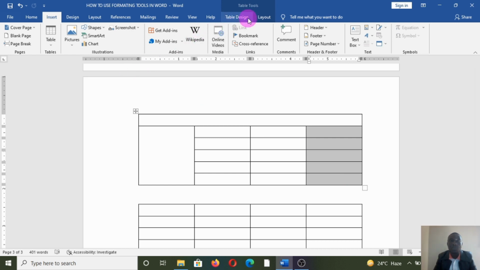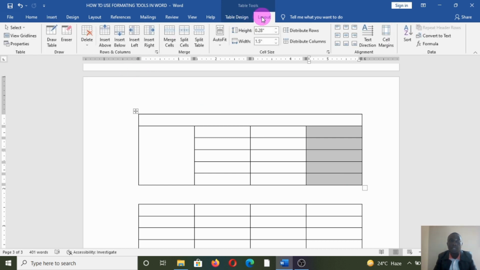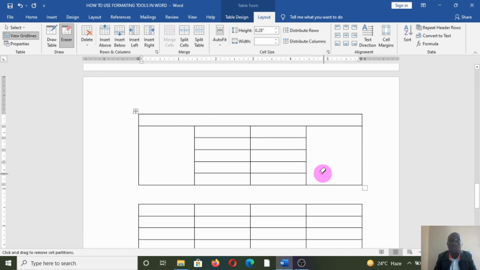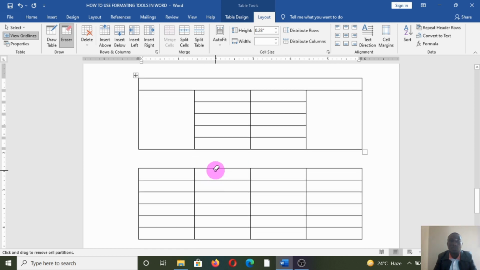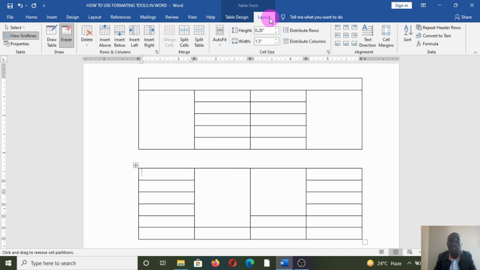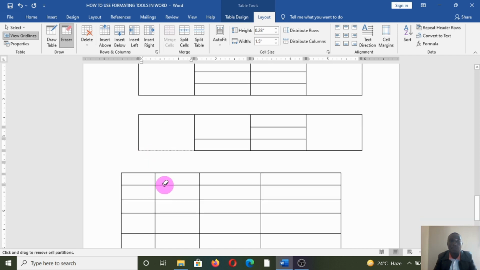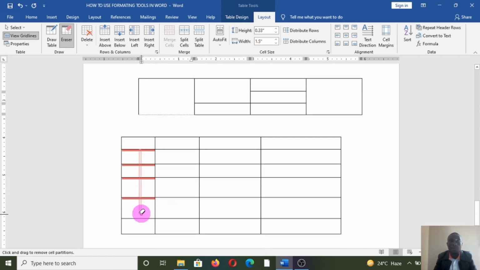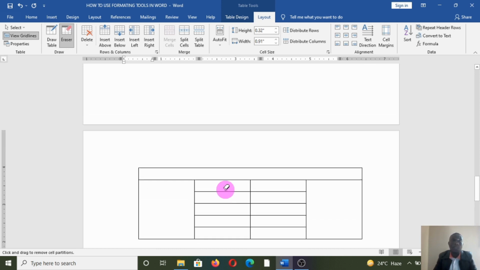We can also click on layout here, and we have erase. You can also use this rubber to remove cells. As you can see, I just clicked on layout, then erase. You just highlight, hold the left button, move down, it will delete those cells. So that's how we remove